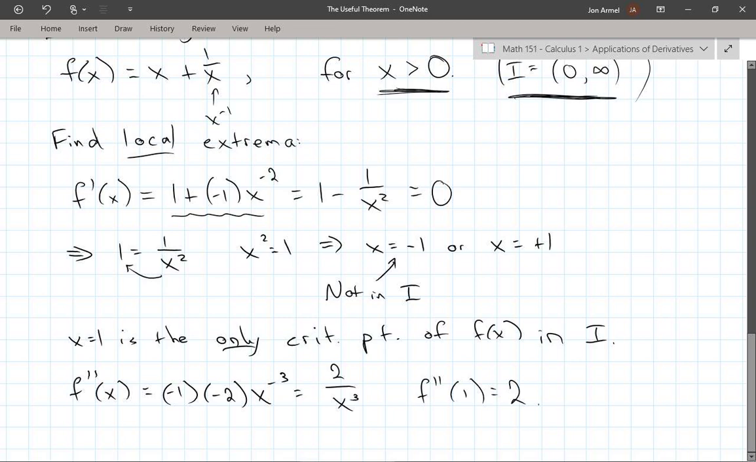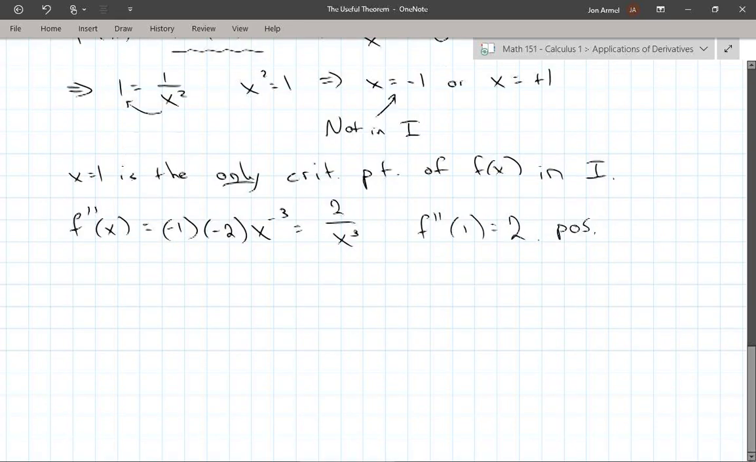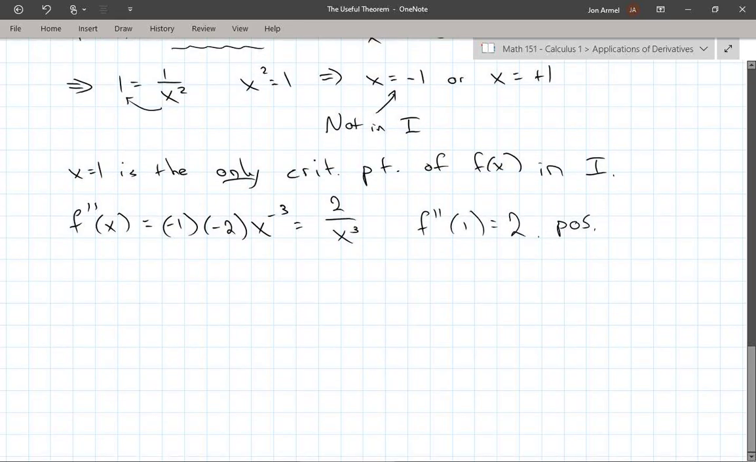So that is positive. And what does it say if the second derivative is positive? That means my function is concave up. So the graph has a local minimum. By the second derivative test, f has a local minimum, right? The function's concave up, so it looks like that. Local min